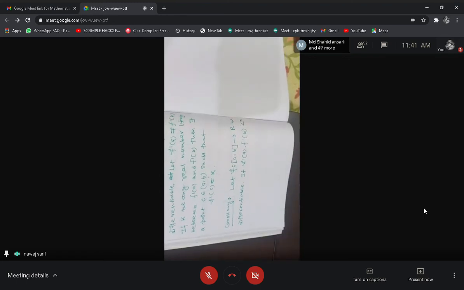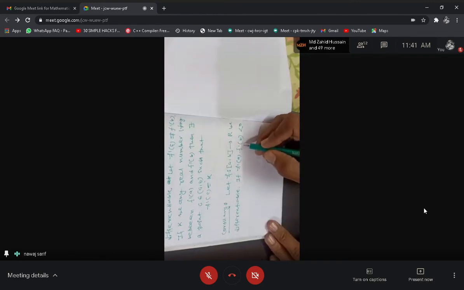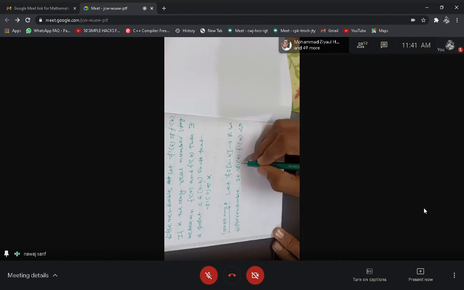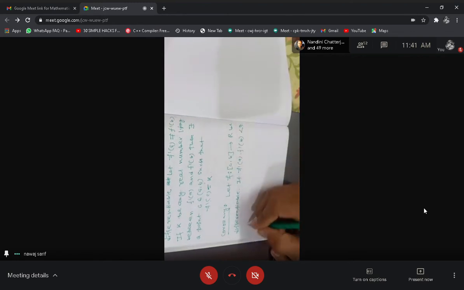f dash a into f dash b less than 0 meaning what? One is negative. That means f dash a and f dash b are of opposite sign. If f dash a is positive, then f dash b must be negative. So if f dash b is negative, then this must be positive. Yes, that is the meaning of this. If the product of two functions is negative, then they are of opposite signs. Okay, then